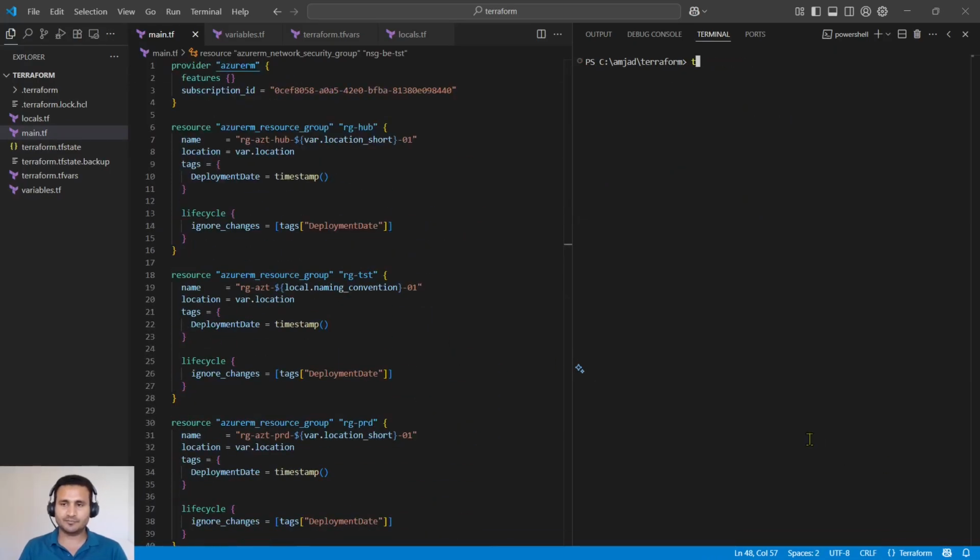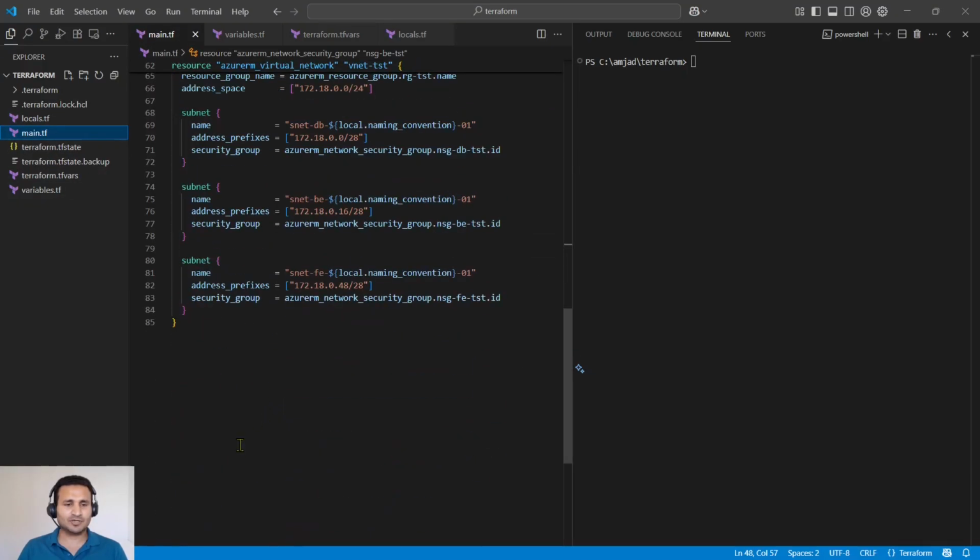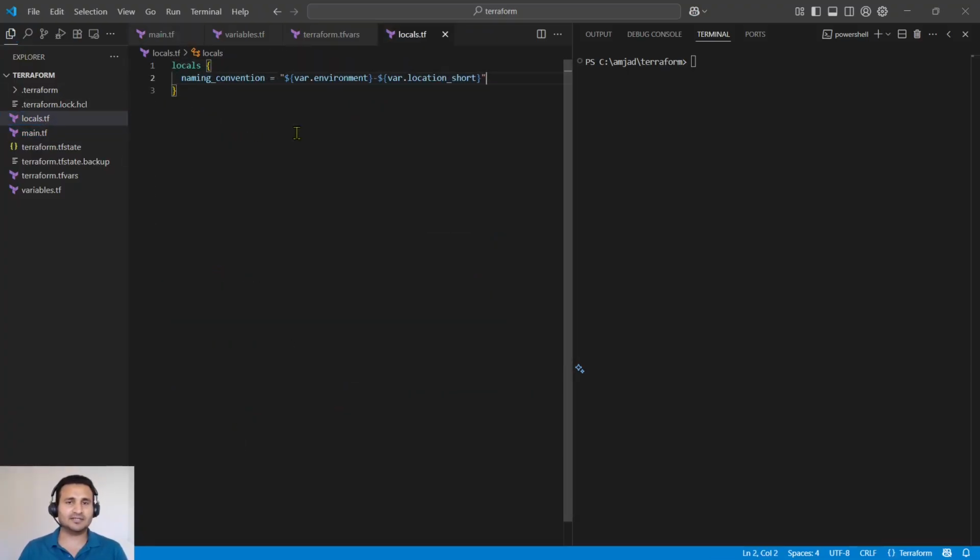Let me run the Terraform plan command, and before running it, I just wanted to see the value of the local variable as well. So I'm just going to put one output block here to check the value of the local variable, which is local.naming convention. And if I wanted to check how the reference of one local variable to another will work, I'm going to define one sample and test local